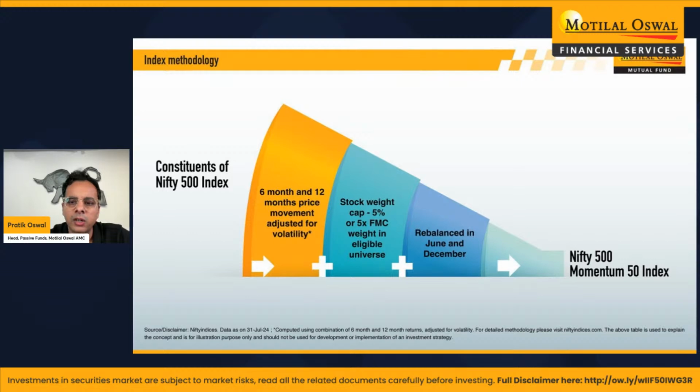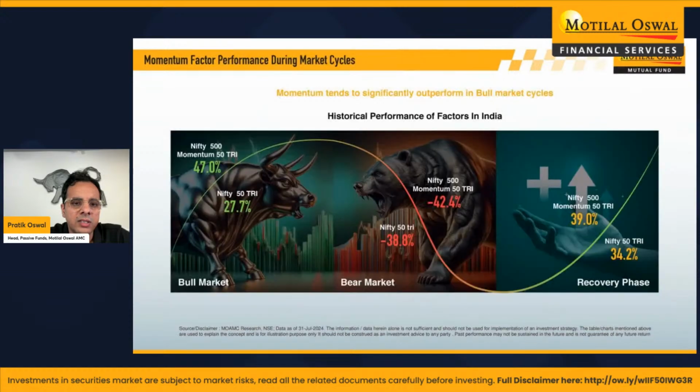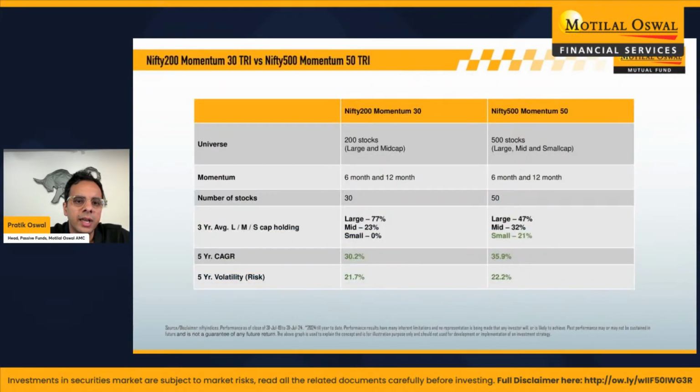Arjun asked, may I please know how this index will differ from other momentum indices? Yes, we had a slide that compares the Momentum 200 and the Momentum 500 Nifty. As you can see, this is a 500 stock universe, and you choose 50 stocks. It is a combination of large, mid, and small. Its returns are higher and its risk is pretty much the same. We believe this is a slightly better strategy because it's style agnostic, cap agnostic, and also sector agnostic. When small caps do well, it'll have small cap exposure. When small caps don't do well, it'll go to large caps. So it's a very dynamic index which will play stocks, sectors, and sizes in a very good way.